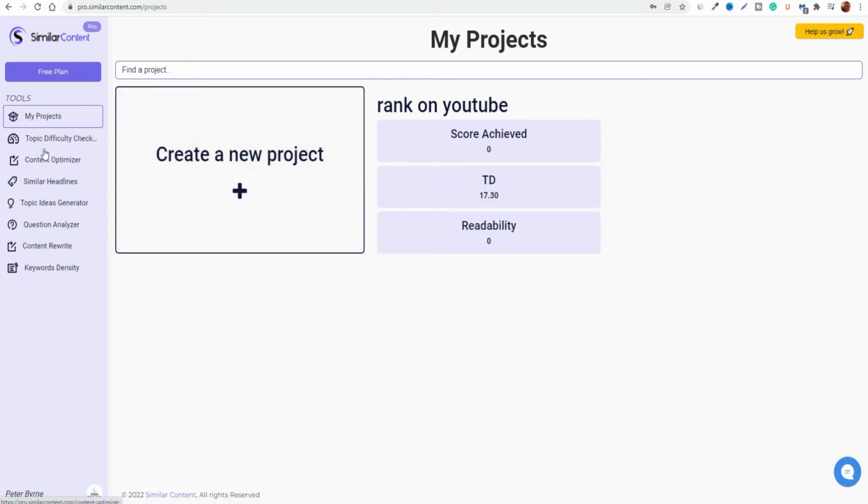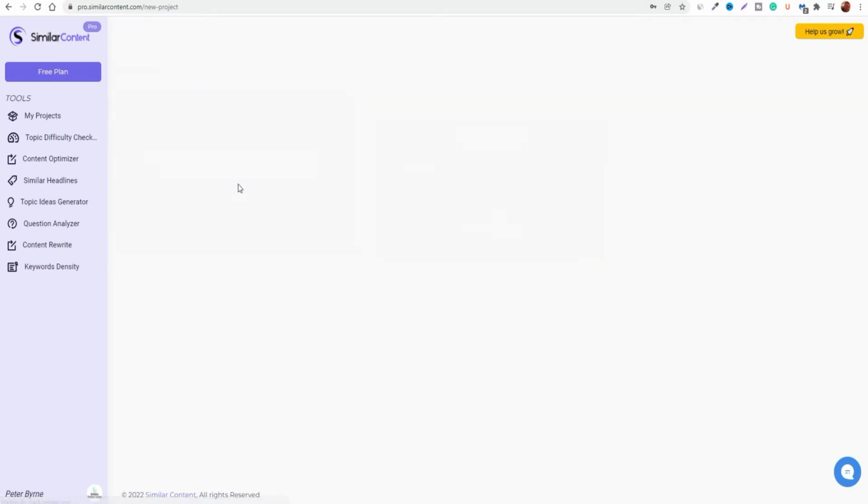Also, you do have access to other tool sets and features, which we will quickly take a look at in a second, that will show you other features of how you can utilize and get more efficient with the content that you're going to create. So when you're getting started, it's just as simple as clicking on create a new project,